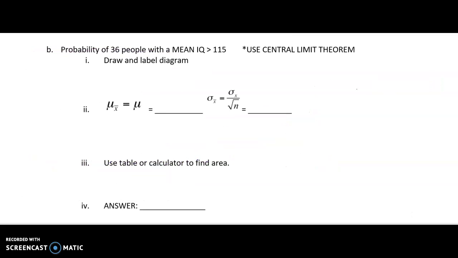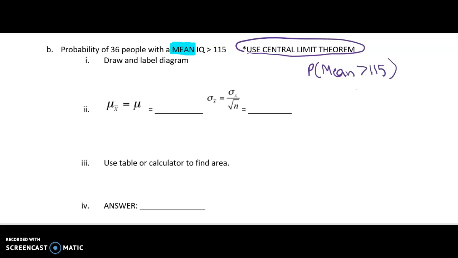For part B, we're finding the probability of 36 people with a mean IQ of greater than 115. We use the central limit theorem here because we're finding the probability that the mean is greater than 115. When you're finding the probability for a mean being greater than or less than some number, that's your cue to be using the central limit theorem. And we have here 36 people. That is greater than 30, so we can assume a normal distribution. That's great because we can do this problem